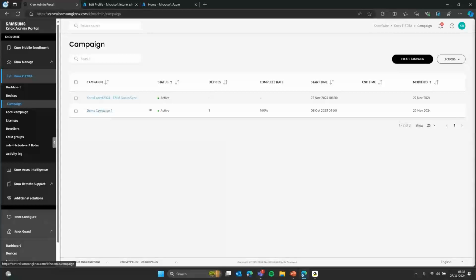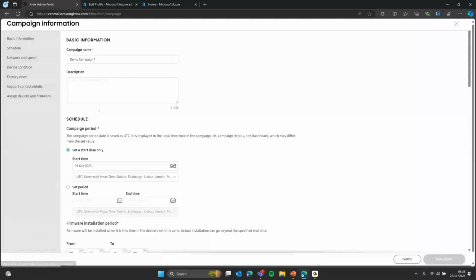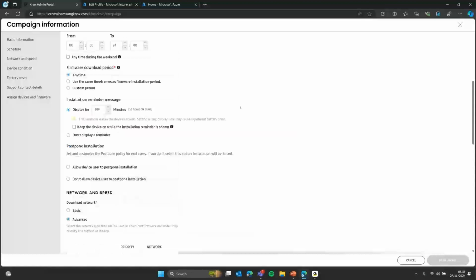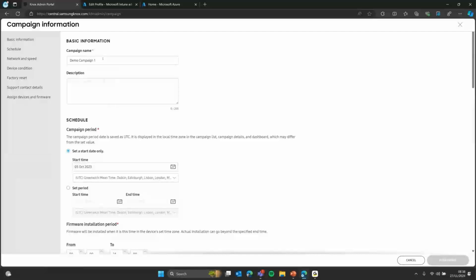First things first that we'd want to do within ePhoto though is to make sure that as soon as a device is registered to ePhoto, it actually receives a campaign. Usually I would set this to lock the device. And obviously it goes without saying that there is a whole host of granular information that we can use to